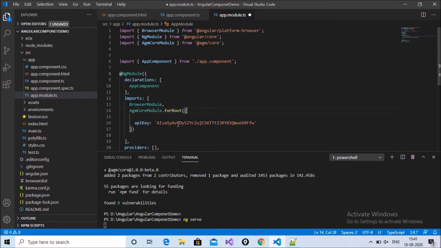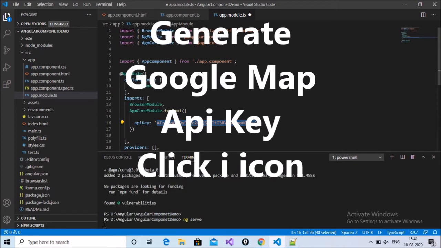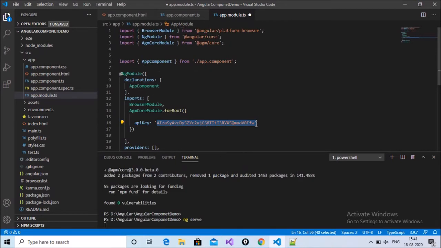Now the API key. You can see that this is the API key. I have generated this Google Maps API key, and you can also generate an API key. I have already created a video, so you can click on the I button above and go to how to generate an API key for Google Maps.